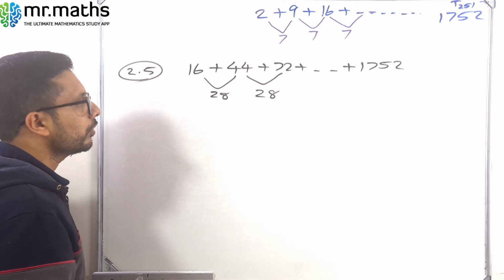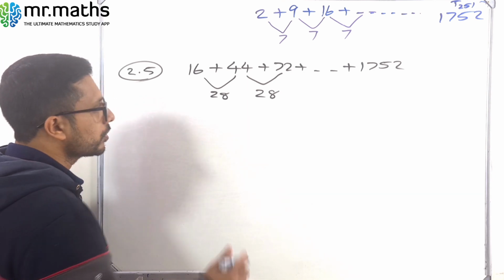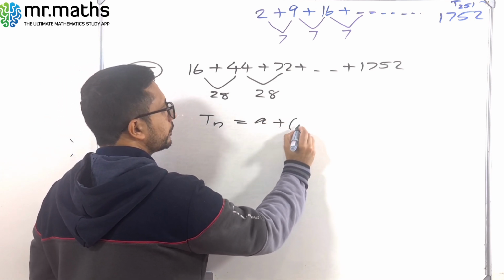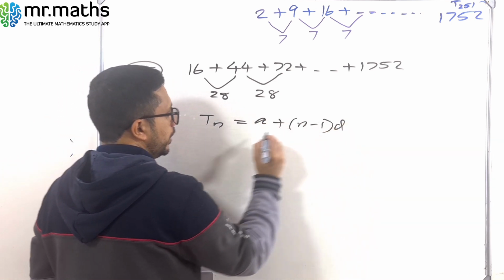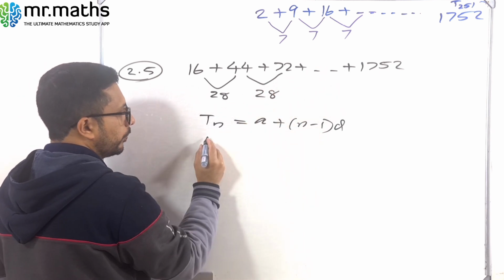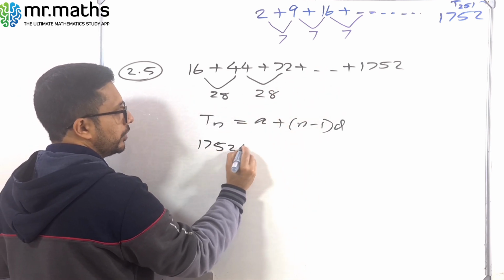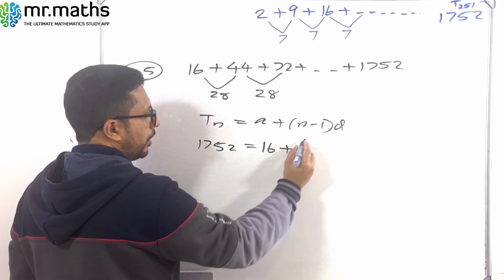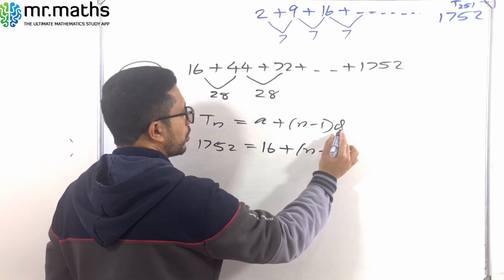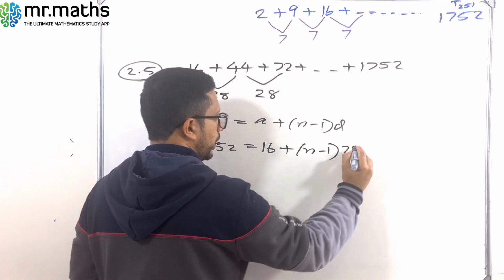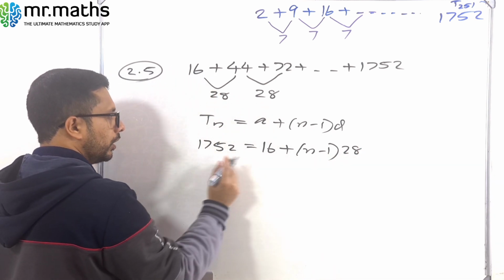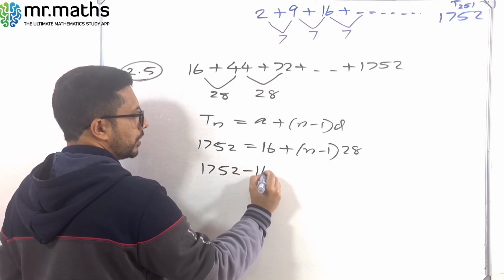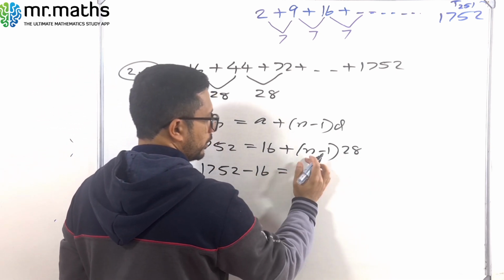Okay, so how can you find? You have to find n. Tn is equal to, we know it's an arithmetic series, so it is a plus n minus 1 into d. What is Tn? Last term, that is 1752, is equal to a. In this series the first term is 16, plus n minus 1 into, what is the common difference here? 28. So take this 16 to this side, so it is 1752 minus 16 is equal to, expand the bracket,